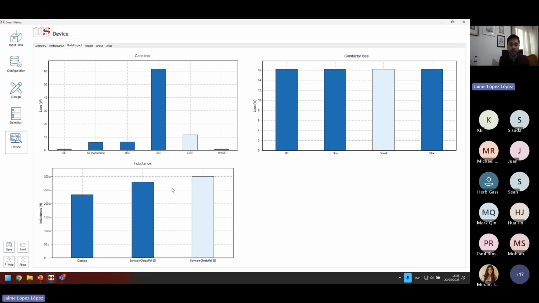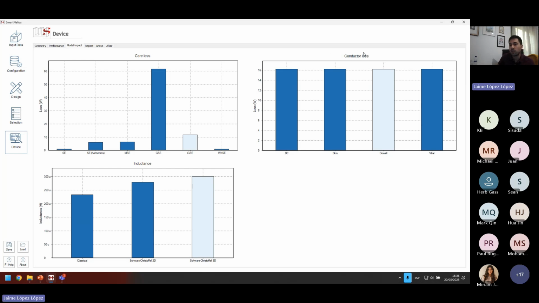In this way, you can not only see that you have to use a very precise model for the calculations, but you can also get some insight about the results you have gotten in previous designs, or the ones you're going to get if you try to simulate the design. Because if there's a difference between the 3D and 2D models, it means that even in the simulation, if you are using a finite element simulation tool, but only using 2D, you're also going to get some difference from the 2D simulation to the 3D simulation. So this allows you to select also the right kind of simulation.